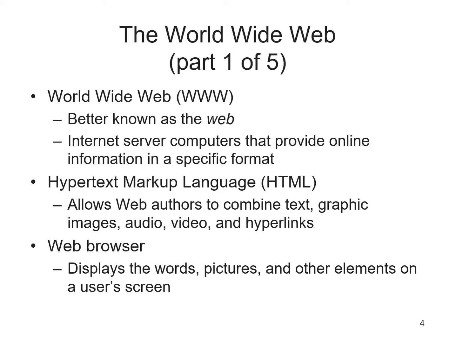If we want to develop some applications, we'll be developing them in different programming languages like ASP.NET or C# or any other language which is used these days. PHP is quite common, and then Python is used as well. HTML is used to allow the authors to combine text and graphics and images, like we can see on the websites, with hyperlinks. When we are clicking, it's taking us to different pages on the website or outside the website.